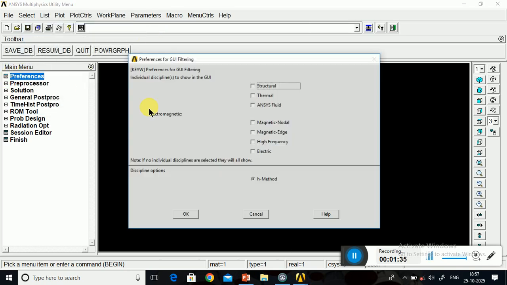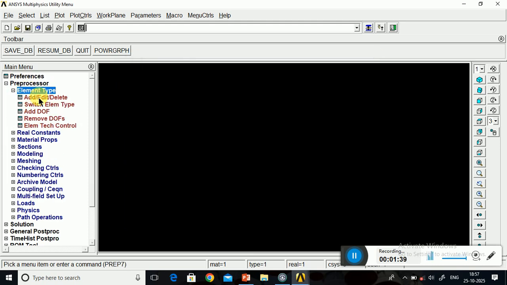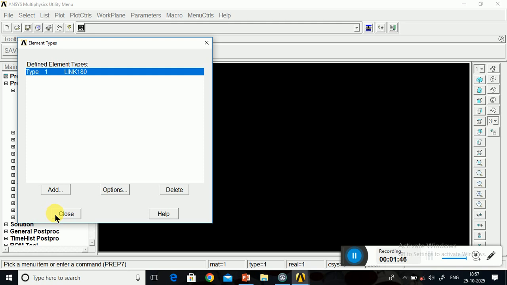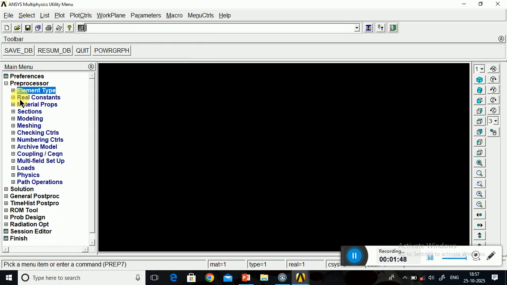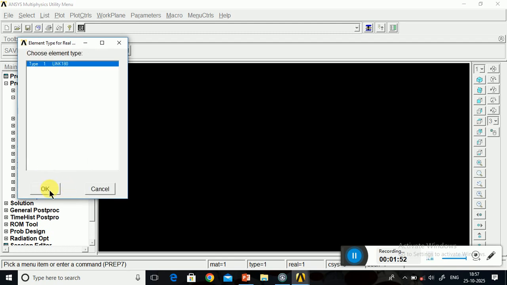Okay, now select the preferences, which is the structural, then preprocessor, element type, add element, add. We will model this with the link element, so 3D finite, close. Now for the link element, we need the real constant, which is the cross section, add, okay.